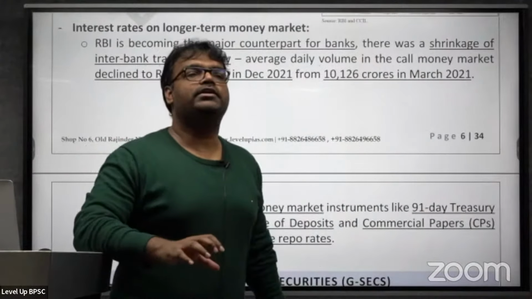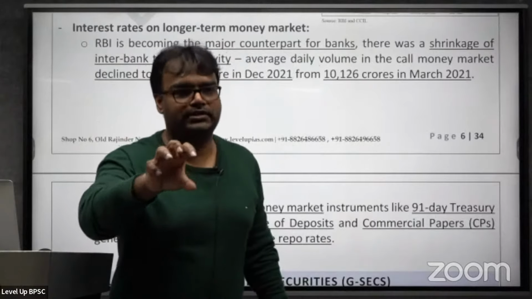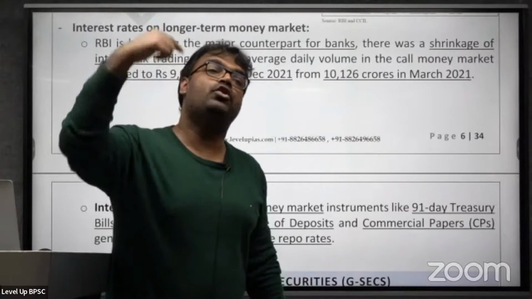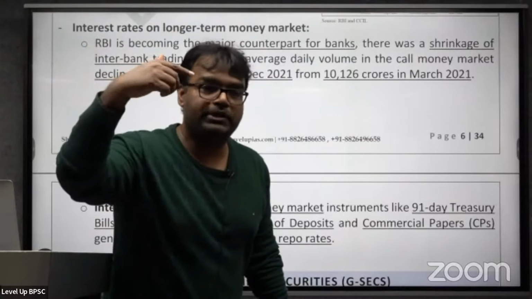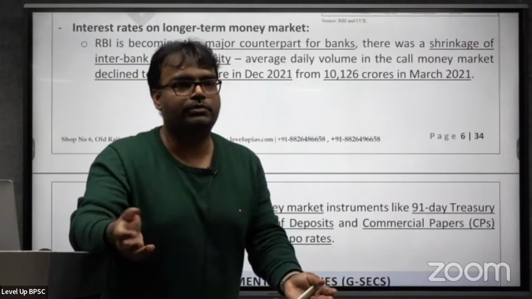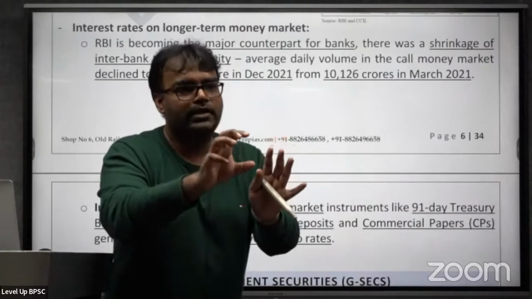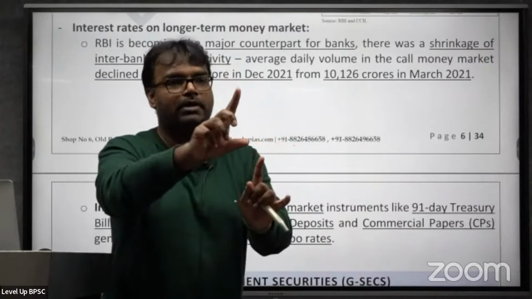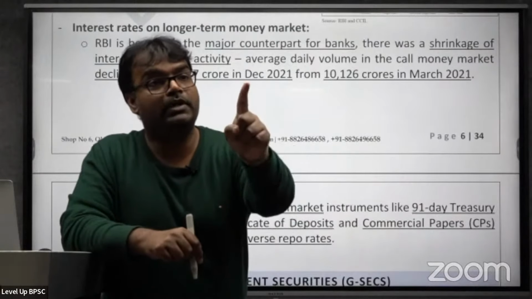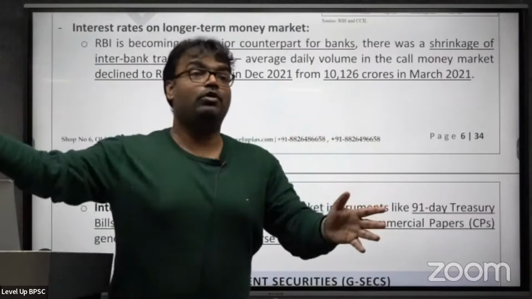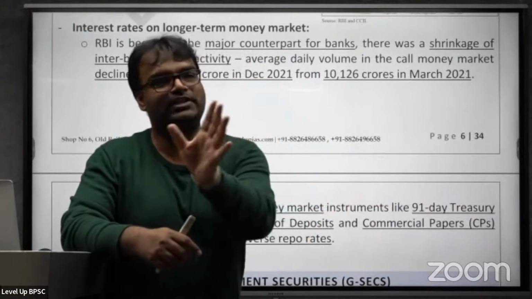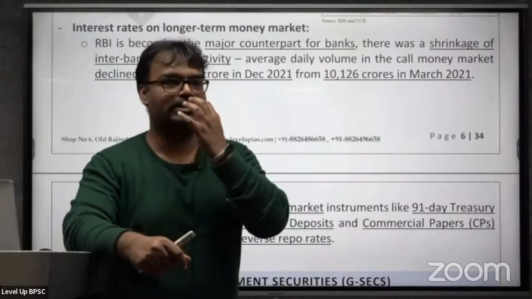It is in a targeted way. RBI is also trying to extract money from the economy. In long term, it wants to ensure that more money in long term goes into the economy, which remains in the economy for longer period. But short term में वो पैसा, क्योंकि there's a lot of money in the economy. So short term में in a targeted manner, it is trying to get money back. Now, it could have done it by increasing the reverse repo, but increasing the reverse repo would have bought a lot of money back. Target करना है बस कि सिर्फ 10,000 करोड़ वापस लाने हैं या सिर्फ 20,000 करोड़ वापस लाने हैं. तो